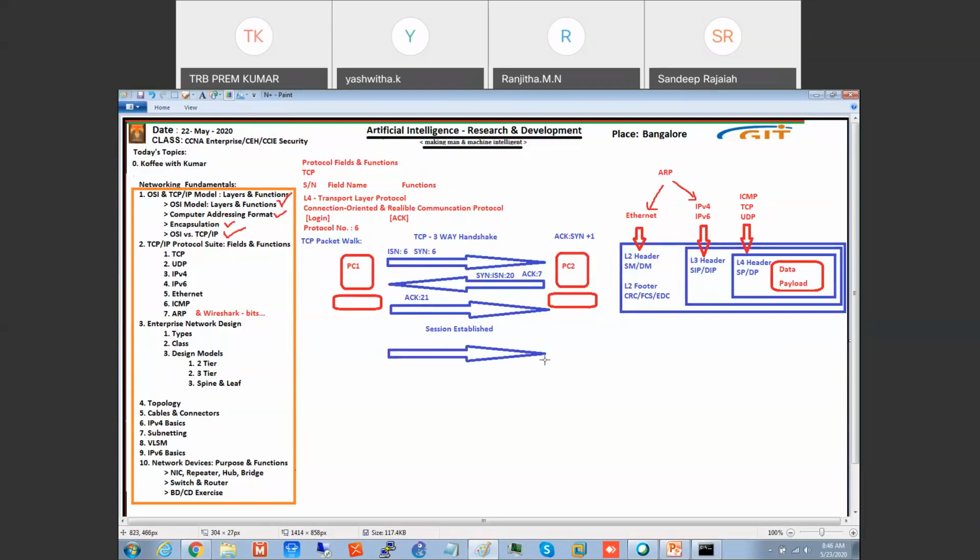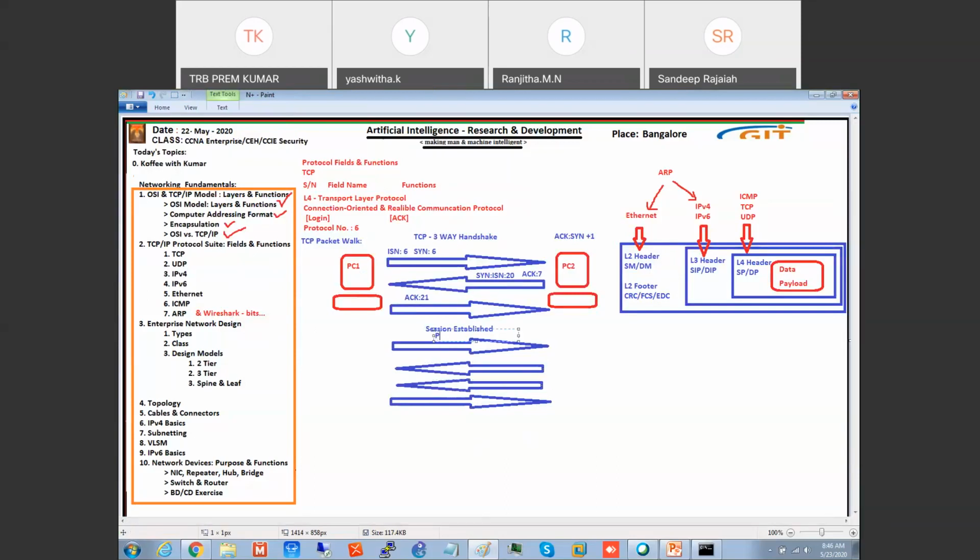So now this is the real data transfer. Here he will push the data, and he will receive the data. So for every push there will be an ACK. Again, if you push the data, you get an ACK. For example, this is your push. PC1 is pushing the data to PC2, and PC2 is giving acknowledgement for that. Again, PC2 is pushing to PC1, and for that, PC1 is giving acknowledgement like this. This is actually your data transfer.